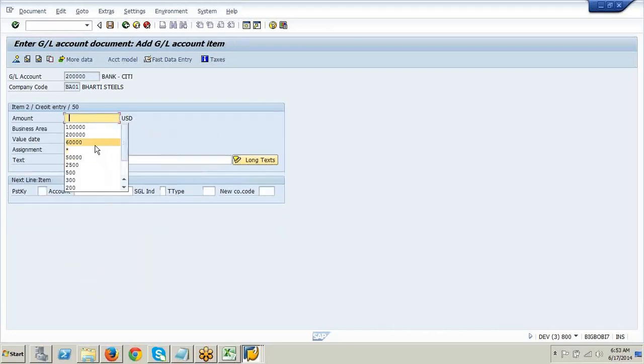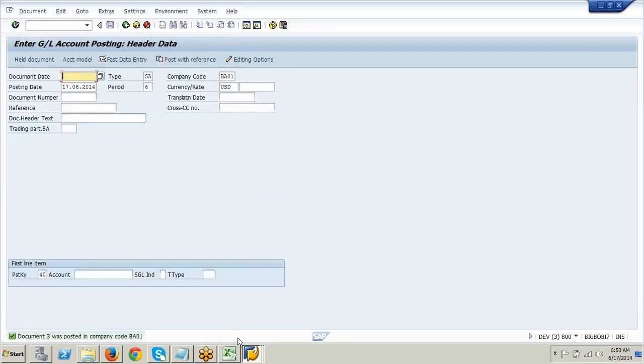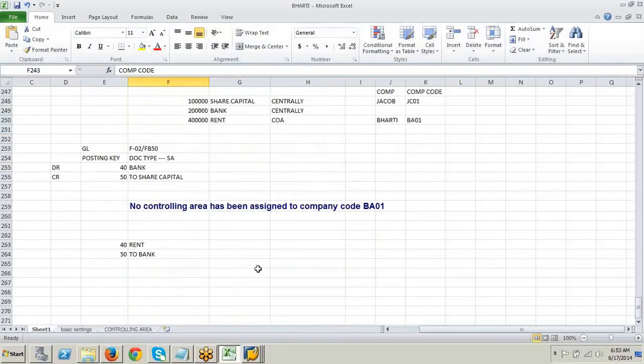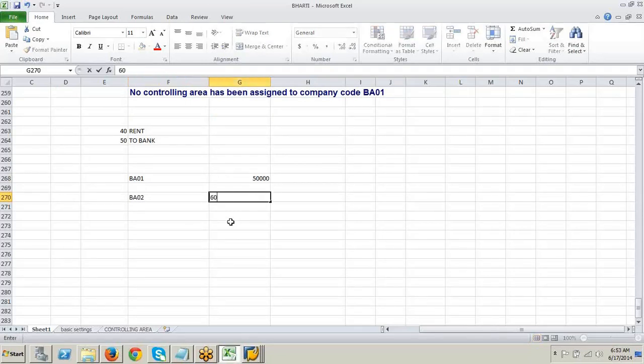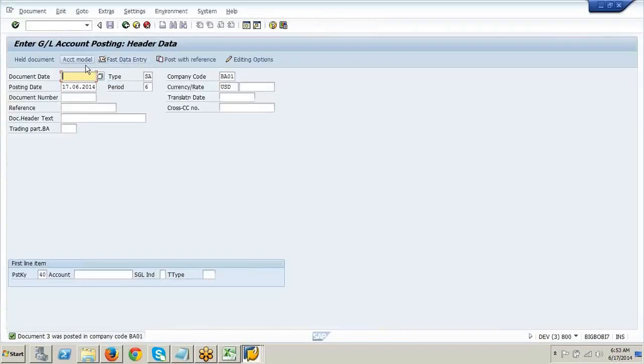Enter. Save it, right? So if I go to BA01, what should be my balance? 50,000, right? If I go to BA02, it should be 60,000, right? Okay.